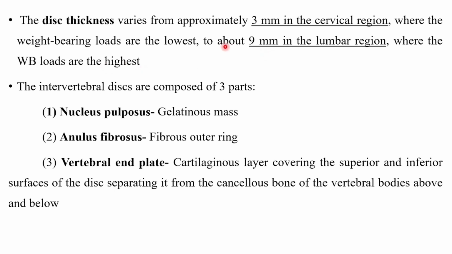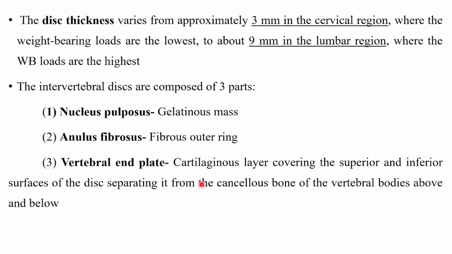So in the lumbar region, the disc thickness will be 9 mm. The intervertebral discs are composed of three parts, namely nucleus pulposus, annulus fibrosus, and vertebral end plate. Nucleus pulposus is a gelatinous mass, whereas annulus fibrosus is a fibrous outer ring, and vertebral end plate is a cartilaginous layer covering the superior and inferior surface of the disc, separating it from the cancellous bone of the vertebral